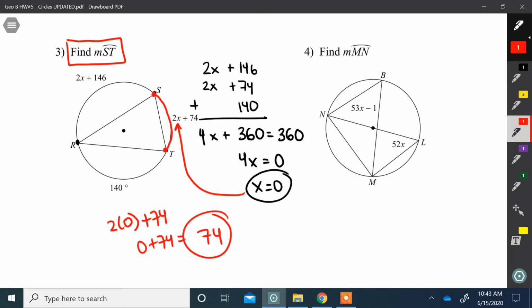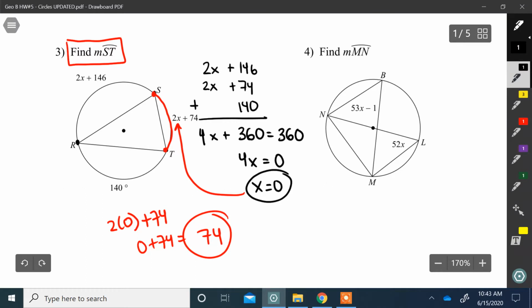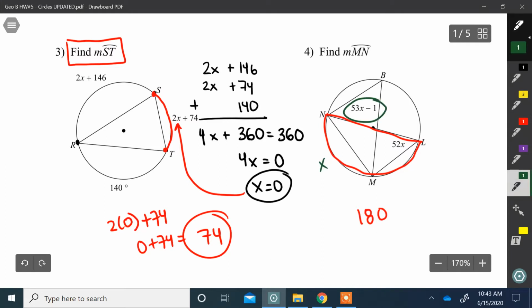Okay, you will be doing number 4 as well. Okay, for number 4, what you need to understand is that this is half of a circle, and from here to here is 180,